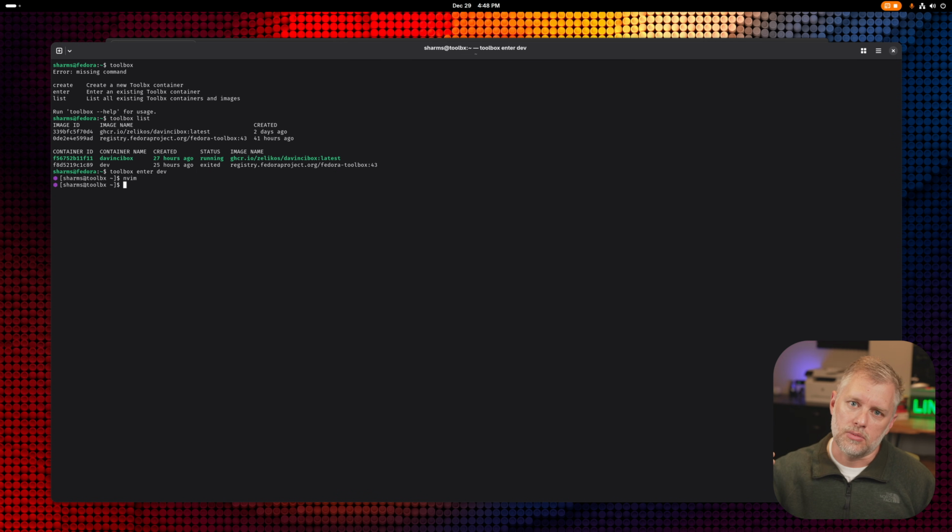Whereas with Silverblue, it allows me to layer these on in a very clean manner and transfer them. And the next evolution of this, for most people, is instead of going into Dev Toolbox and just treating it as a dev box, installing everything, you could make that a Docker file, and then you can just run that anywhere, right? So whether it's this box or another box, you can just make that its own Docker container, and then it's totally portable. And whether you're on a Mac or Windows or Linux or Silverblue or not, you work outside the container. And I think that's probably one of the better models.